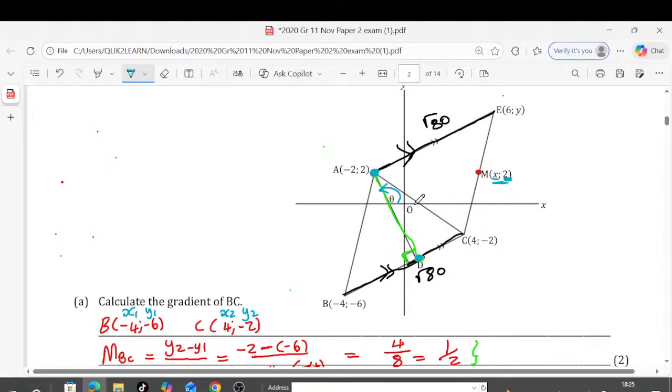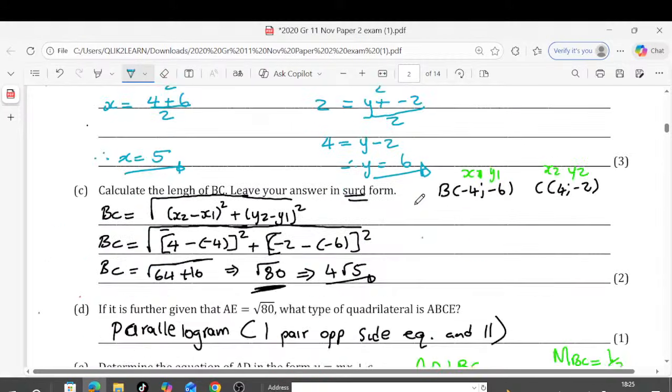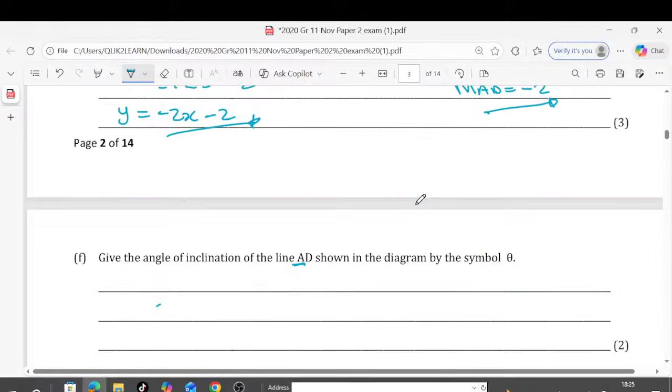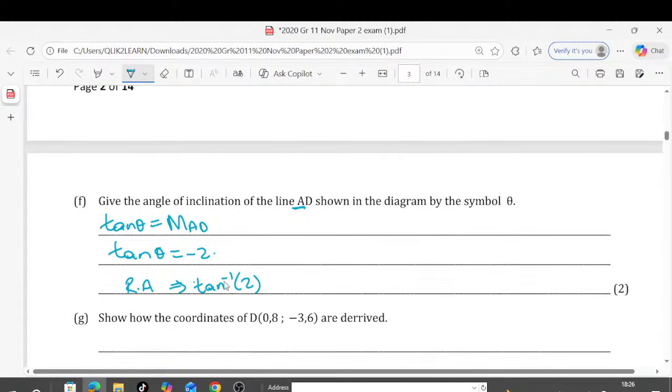So to find that angle of inclination, we say tan theta is equal to the gradient of AD. And remember, we just calculated this to be -2. Now we need to find the reference angle RA. Remember, we don't include the negative. So the reference angle will be tan inverse of 2. And we find that our RA is equal to,